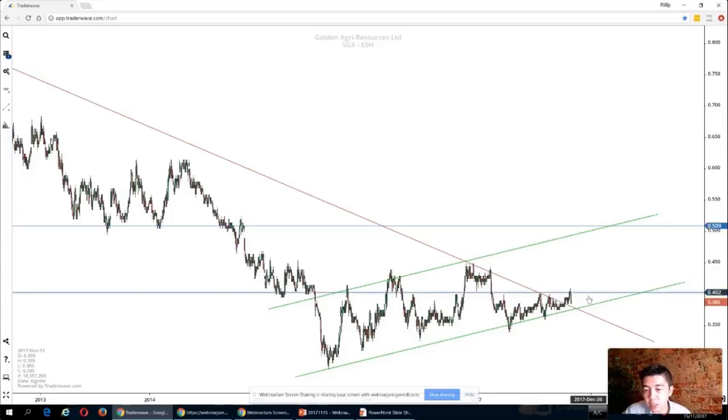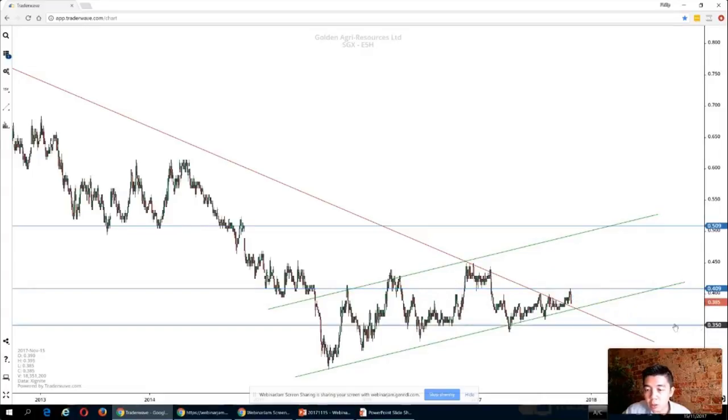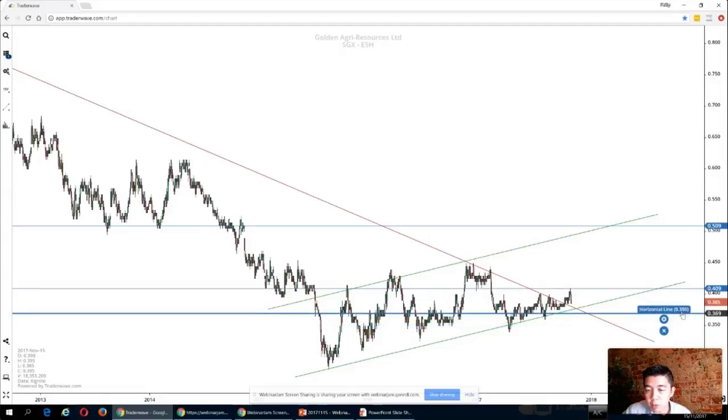All right, so assuming the price starts to bounce off at current level towards 41 cents again, and we decide to get in at about 41 cents region, where is the ideal stop loss to put? It could be somewhere below the green line and below the recent minor lows. So if we put it at about 37 cents region, this could potentially be where our stop loss is if you're talking about a swing trade. And then hopefully the price will continue to go higher towards the upper boundary, which in this case we can set at somewhere around